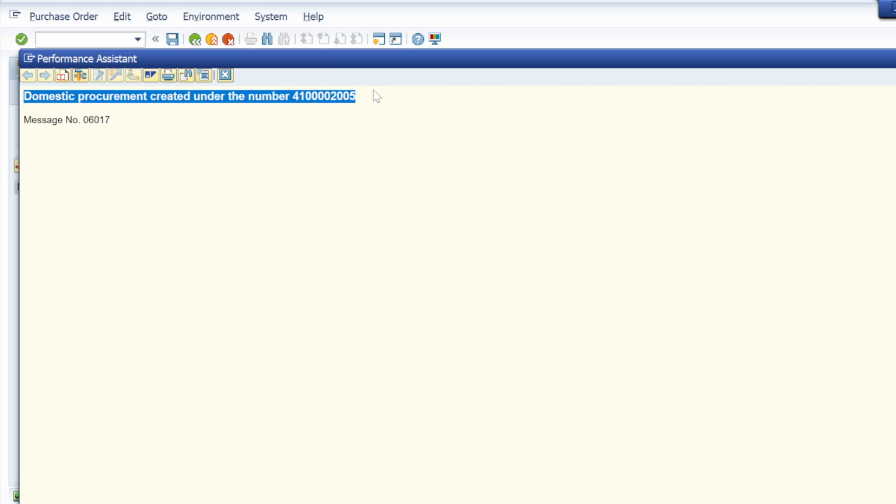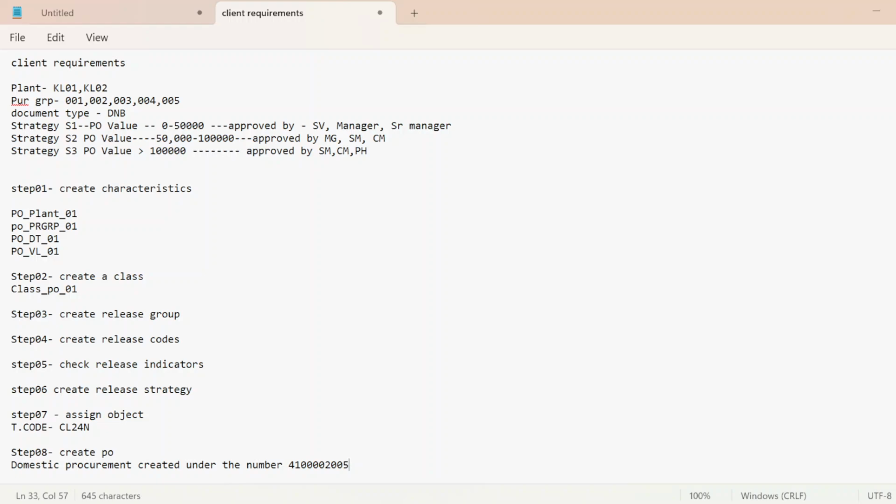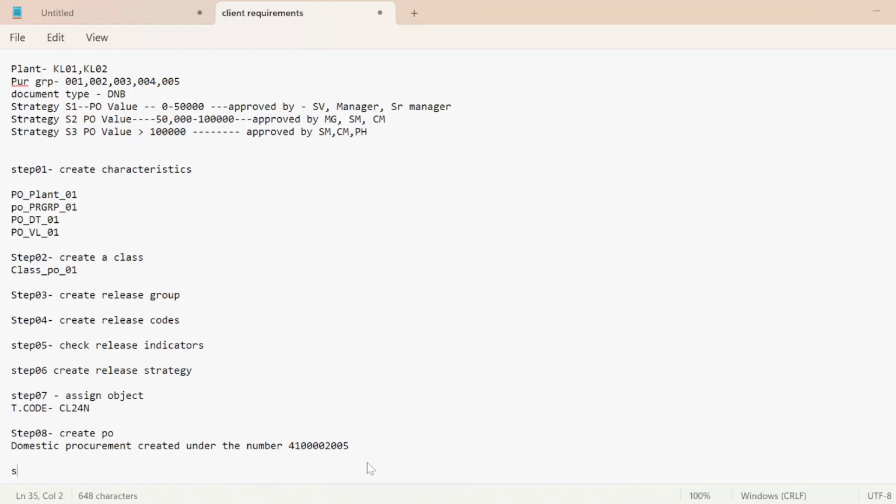Let me paste it in Notepad. Create PO. Step 08 is create PO. T code is ME21 and this is my PO number. Okay, and next step is release PO. Otherwise, we will not be able to post a GR. So step 9 is release PO